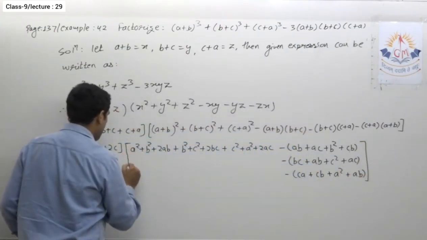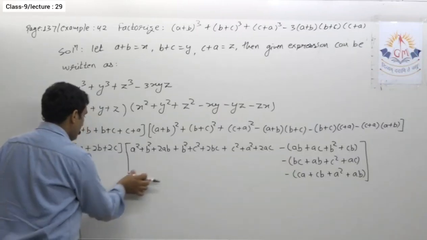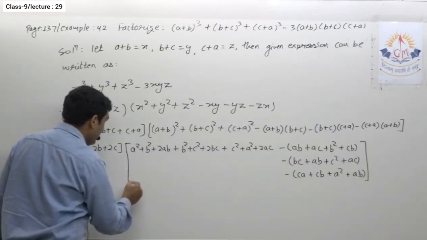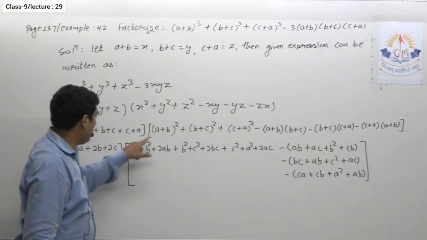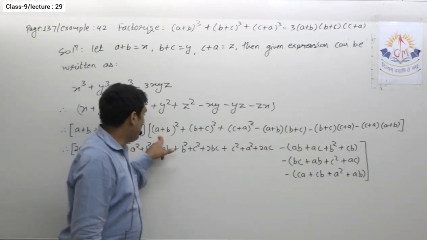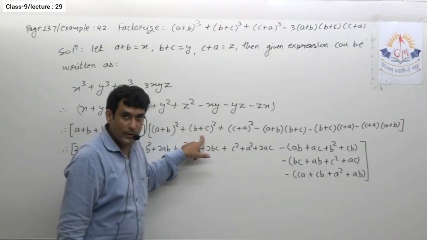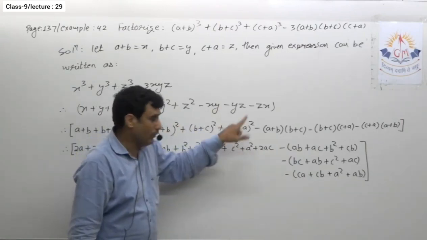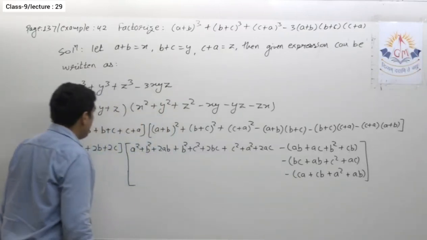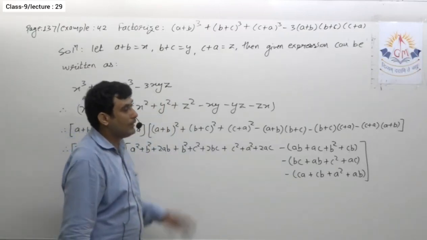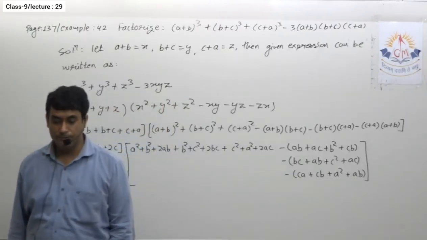Okay, here this is the next step. So I hope up to this point it is clear to you. Simply here I added, so I got 2a plus 2b plus 2c, and over here I simply applied the identity of (a+b) whole square. Here again (a+b) whole square, here again (a+b) whole square, and there I multiplied terms. So note it down up to this point, then we'll see the remaining solution of this question.